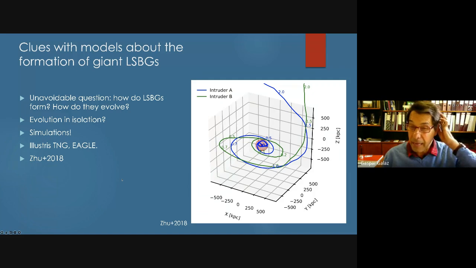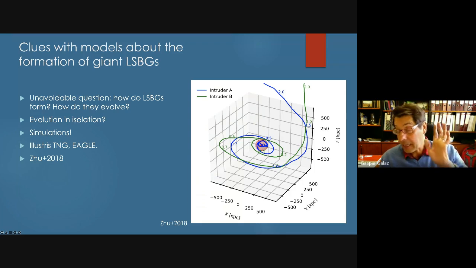You mean by the trajectory this plot, no? Yes, okay. This is from Sue. As far as I can remember, these are the redshifts, right? So you can see the trajectories here. These are the two intruders that are going to collide with the central galaxy. This is redshift 2, this is redshift 1.5, 1, etc. So you can see that the collision itself occurred just in the last minute.